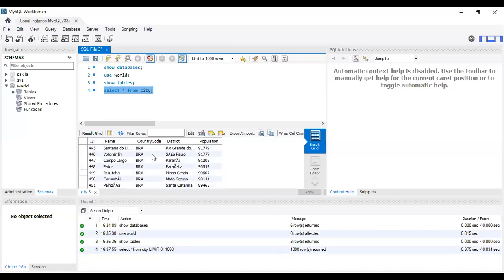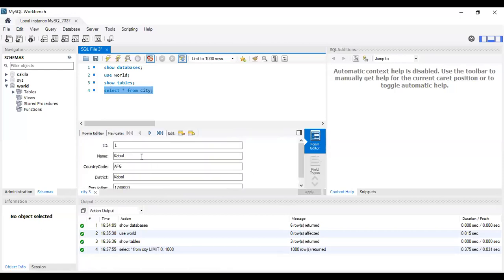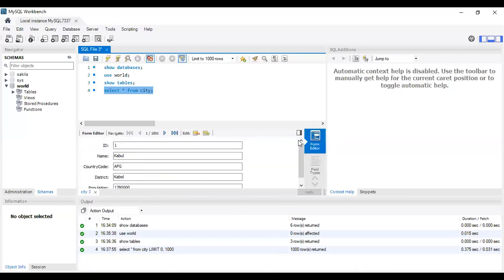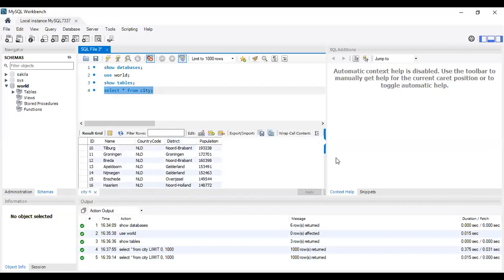Here in this city table, these things I will discuss afterwards, that schema, all those things.